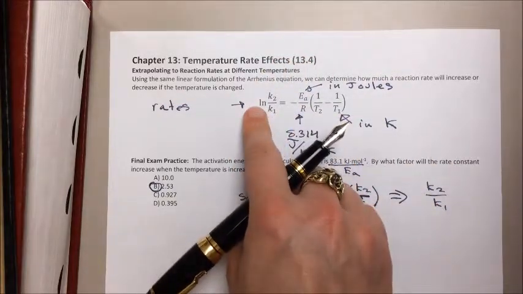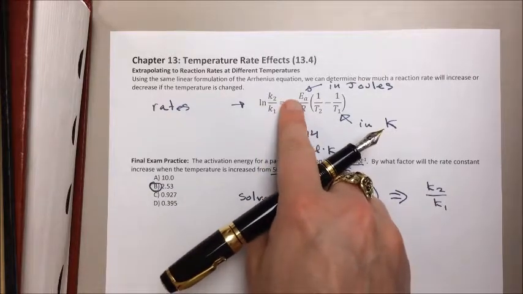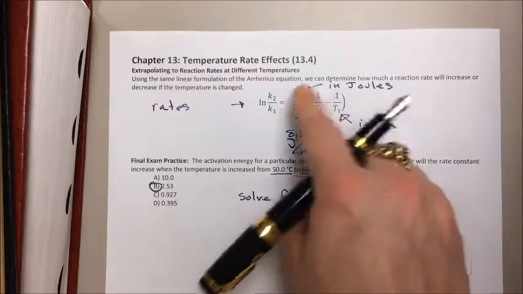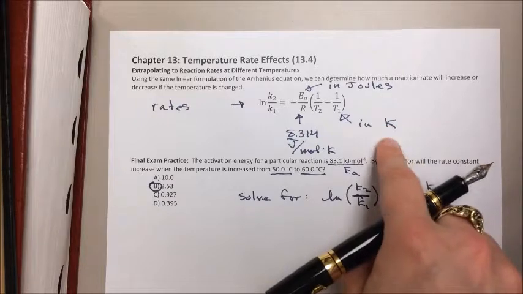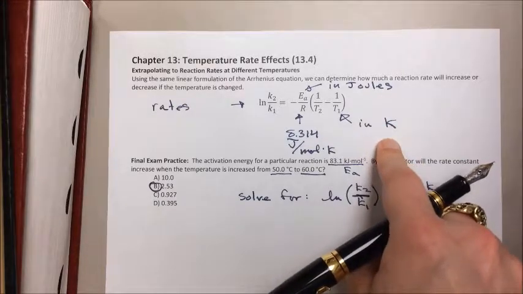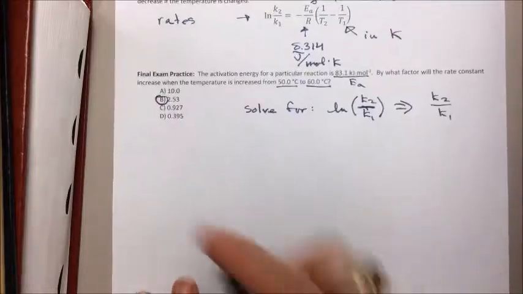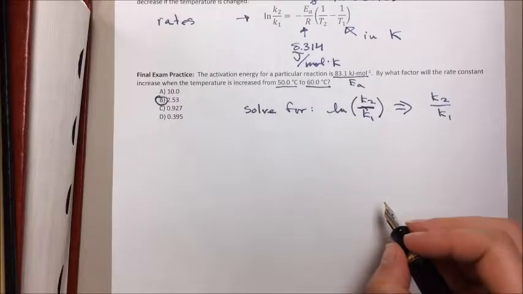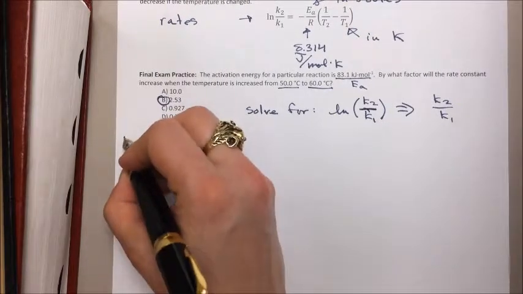The natural log of the ratio of K2 over K1 equals negative EA in joules over R, which is that constant, times 1 over T2 minus 1 over T1, and both of those temperatures have to be in Kelvin. So we're going to first make a list of all of the different things that we need to know. We're going to solve for the ln K2 over K1 term first, and the other things we need to know